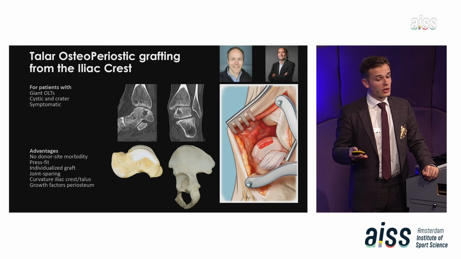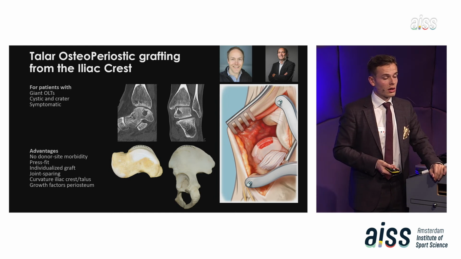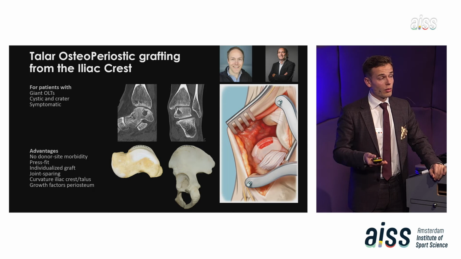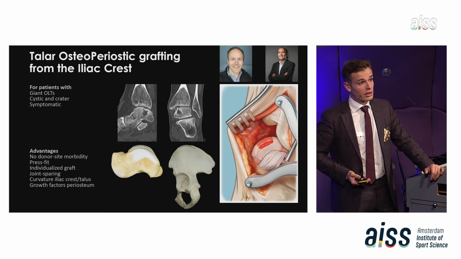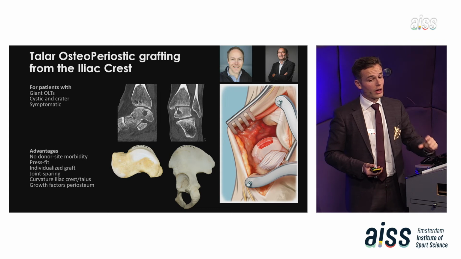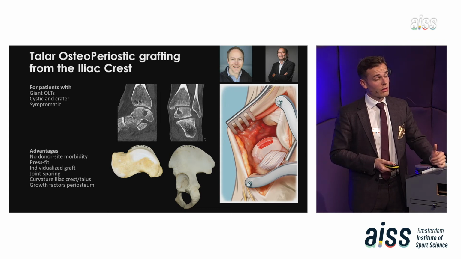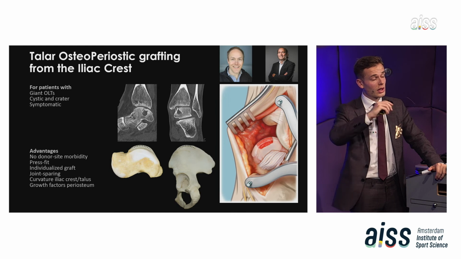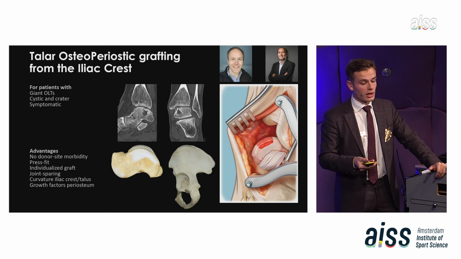For these larger lesions, these giant lesions, it's important to restock the bone with healthy, viable bone with growth factors from the iliac crest, because in the iliac crest we have this high quality bone stock, which consists of growth cells and of the cambium layer, which in the end can migrate into a cartilage layer in the ankle.